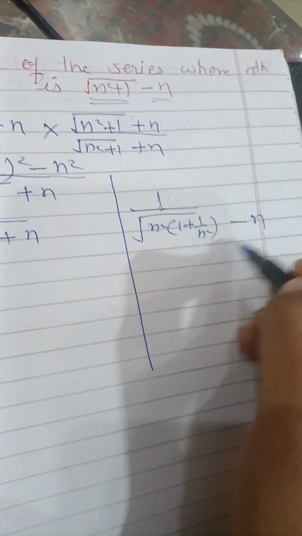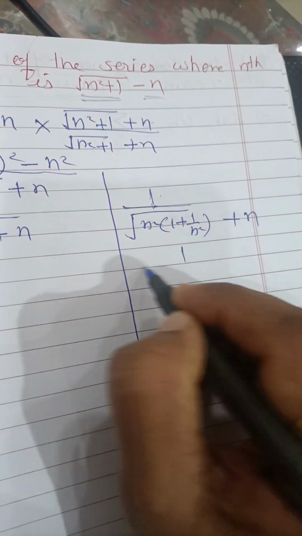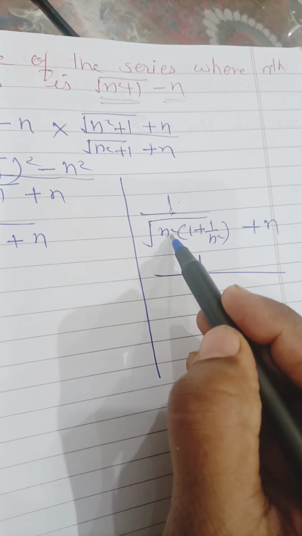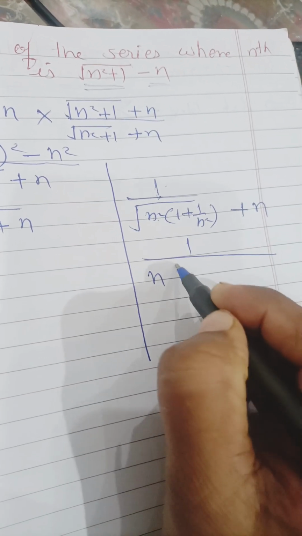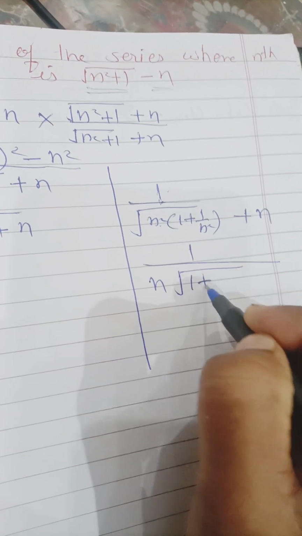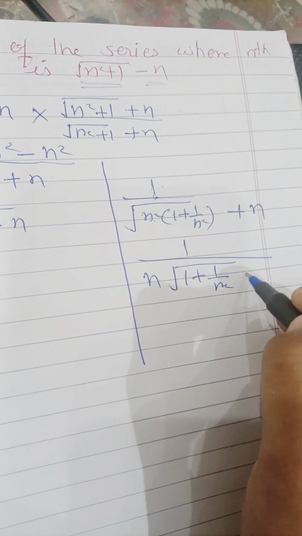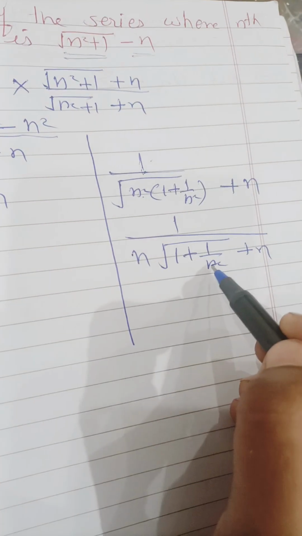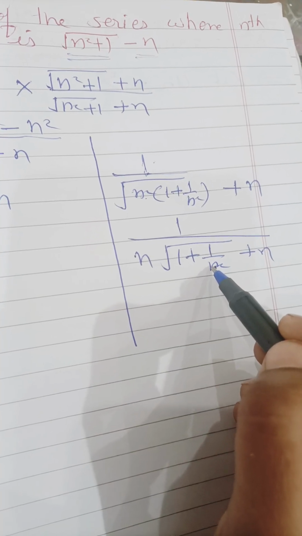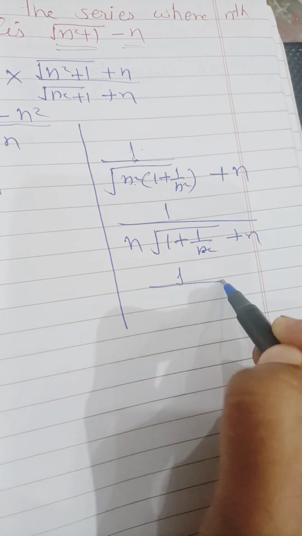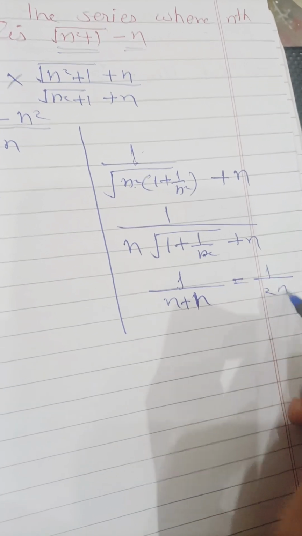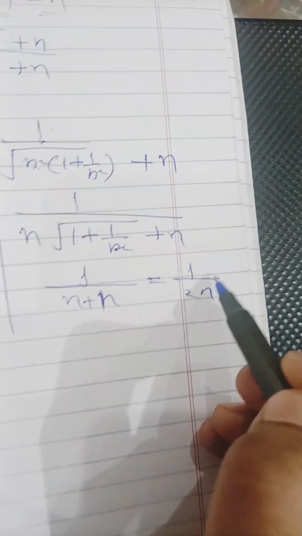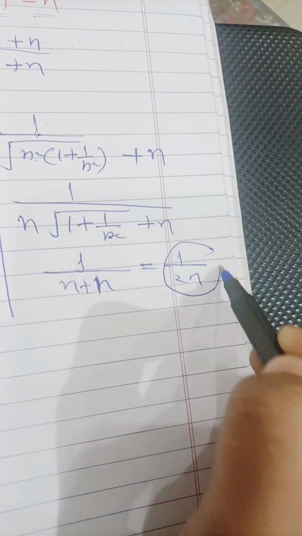So, this is plus 1 upon, if this n square we take outside the root, then we will get n. In root it remains 1 plus 1 upon n square plus n. If we put n as infinity, then we will get approximately n plus n, that is 1 upon 2n. So, we have to take